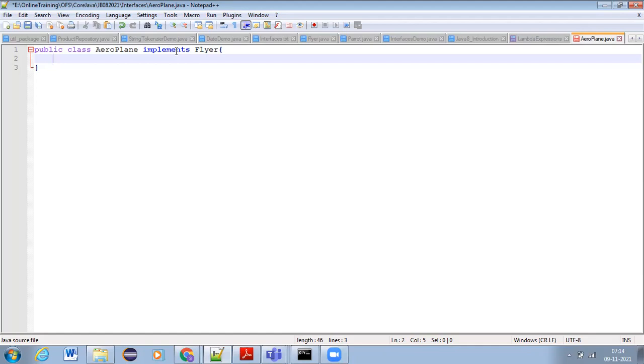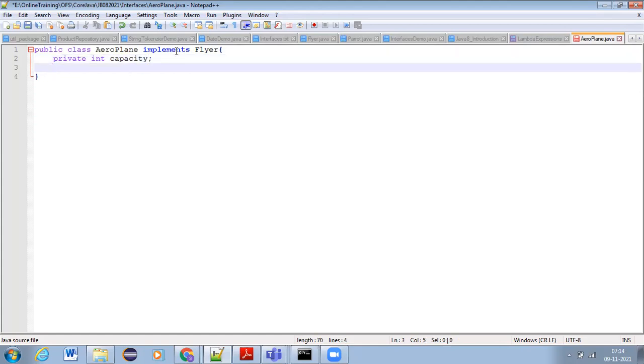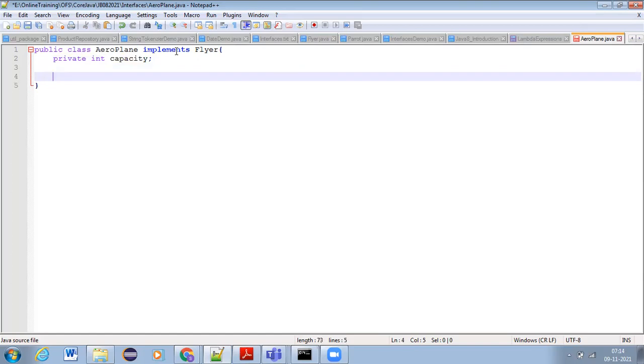So here also you can write private regular member variables, int capacity. Aeroplane carries how many people, right? Then we can write its own methods like public void takeoff.